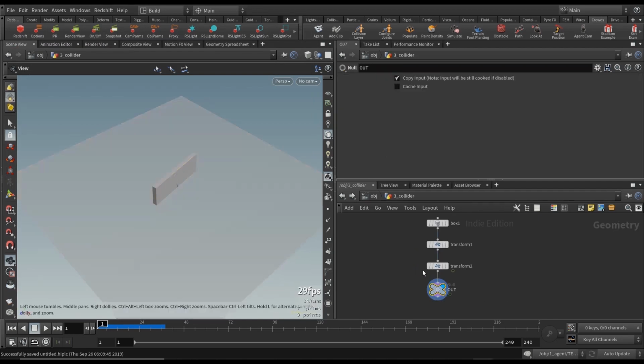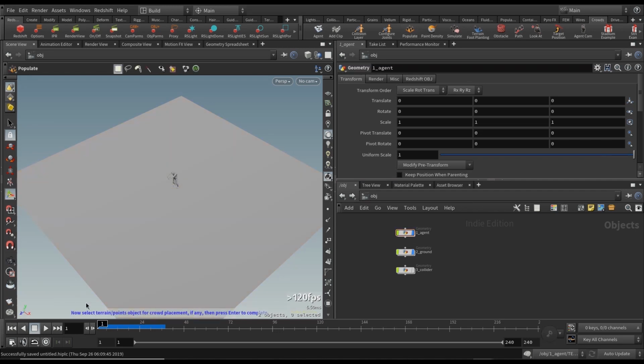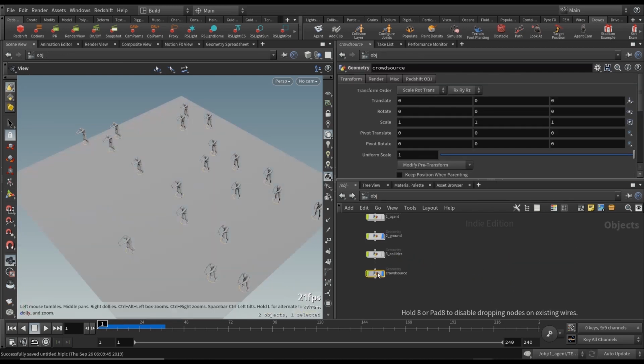Wow, it's in a bad position, to be honest. I guess that doesn't matter right now. So I'm gonna just keep that on. So we're gonna select the agent. Disable that for now. We're gonna select the agent and click on populate, and it'll say now select the terrain, which is the ground, that one, and it's created a bunch of points for us, and it's created the crowdsource, which we're gonna call